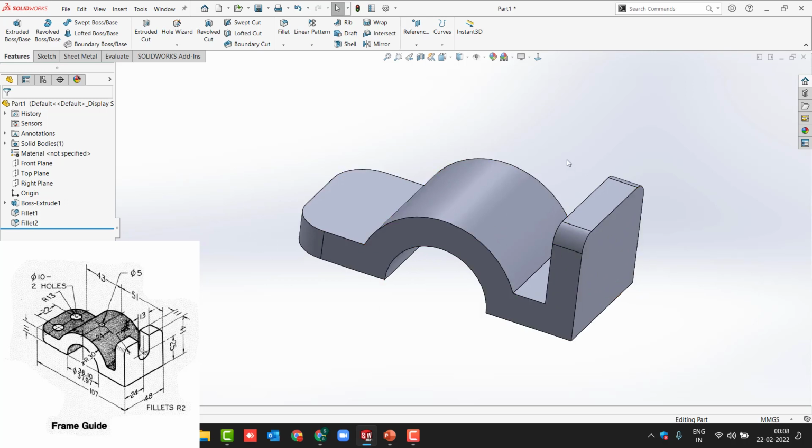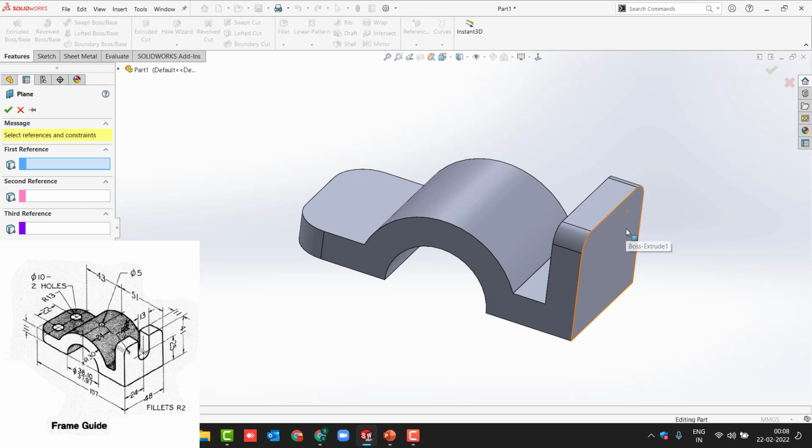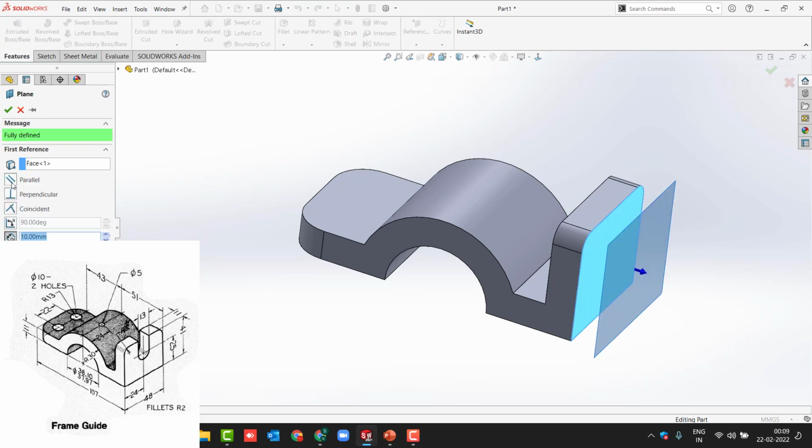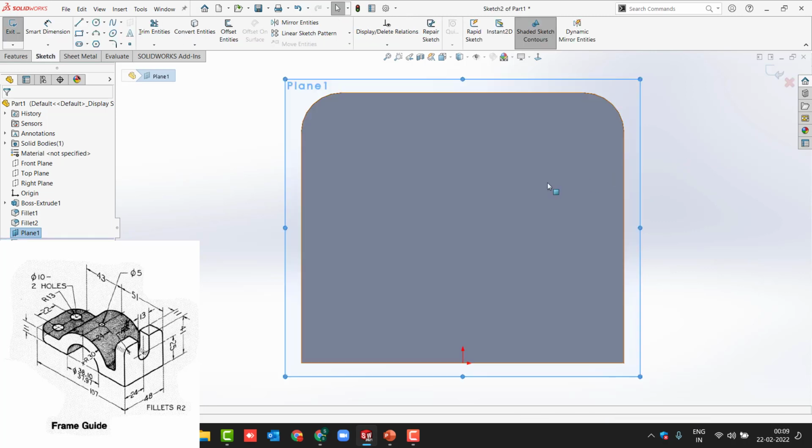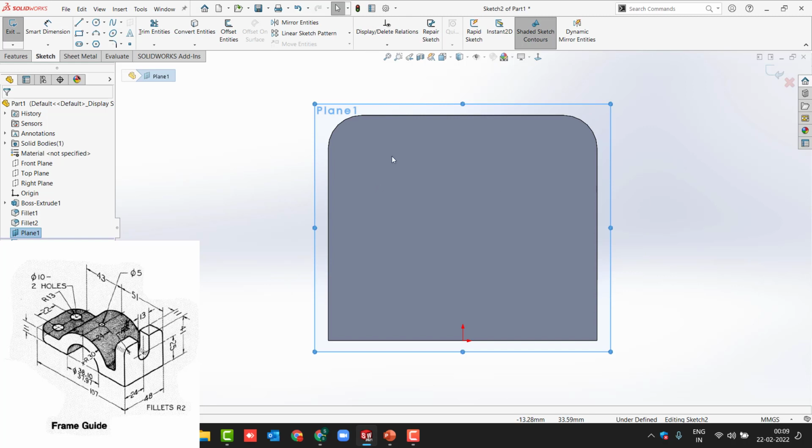The best practice is you need to create the plane on it, and then you need to create the sketch on the plane. So you can use the coincident relation to give the plane on that particular face. The best way is you can simply select the face and draw it, but according to manufacturing standards, if you are giving this model to the CNC works, better to deal with this. Okay, now I need to create a simple slot, so better to go ahead with the slot,